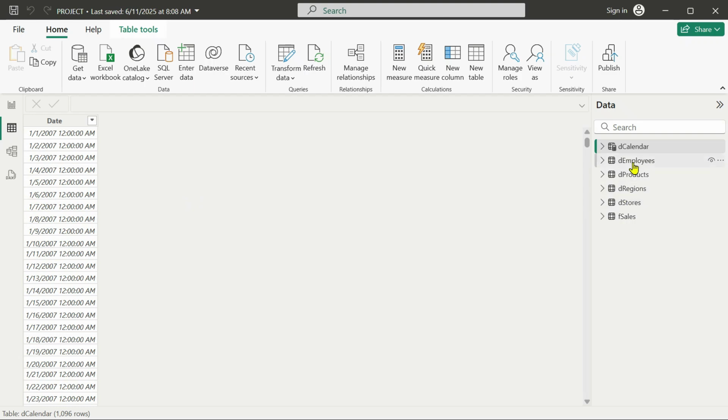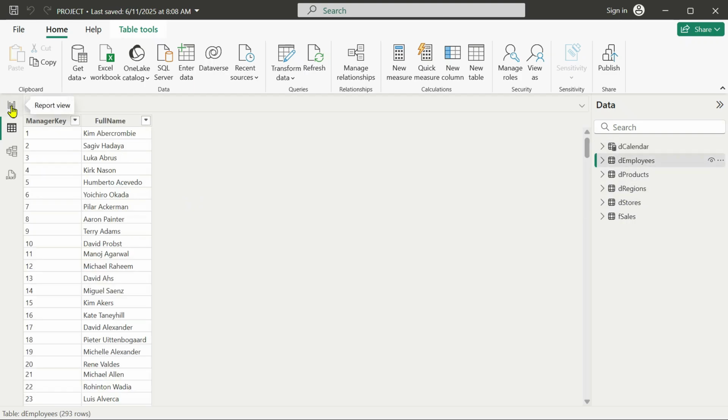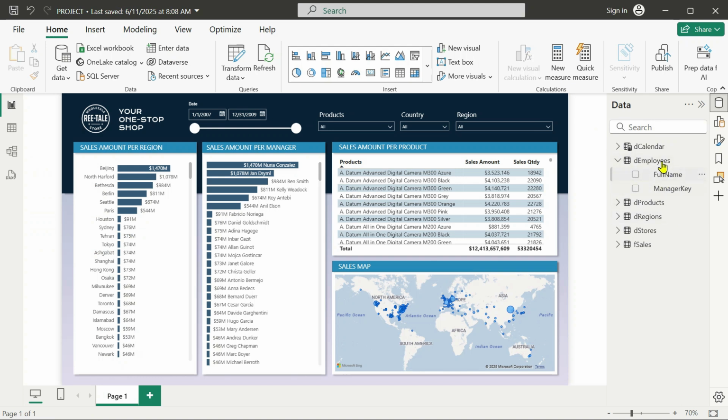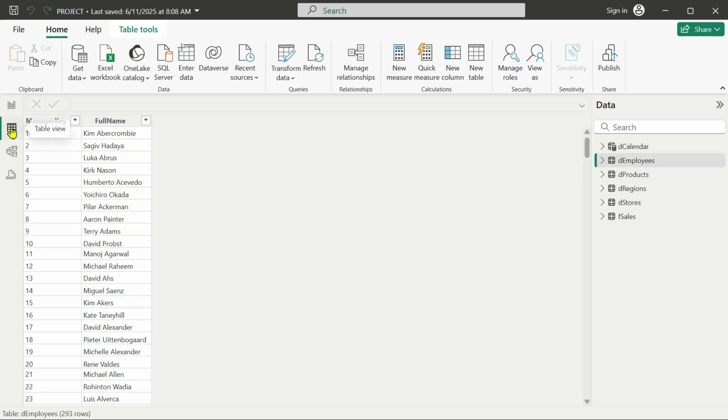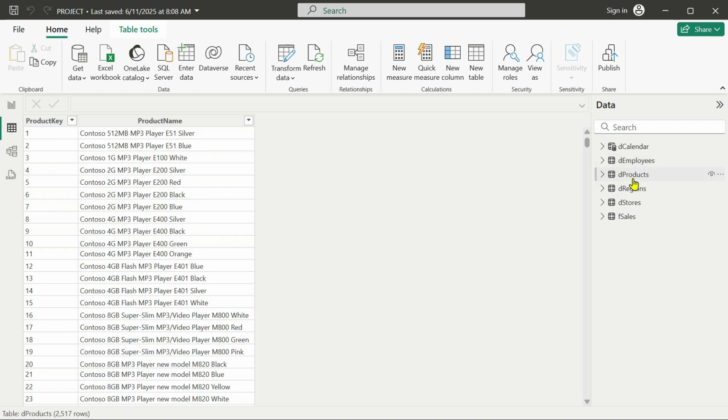And let me select the employee. For example, again, in the report view, you cannot see the entire tables. You can create visuals, but you cannot see the entire tables. You only have a list of tables and columns. On the other hand, on the table view, you cannot see the visuals, but you can actually see the entire tables.